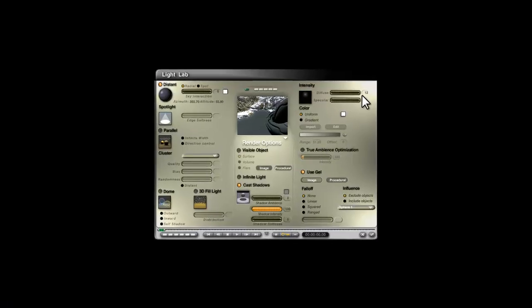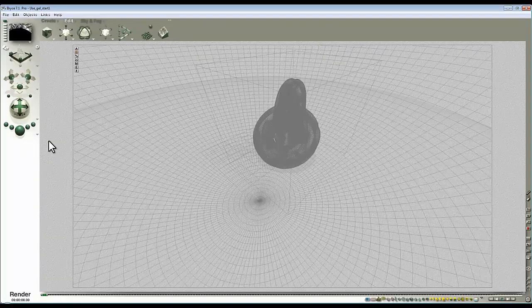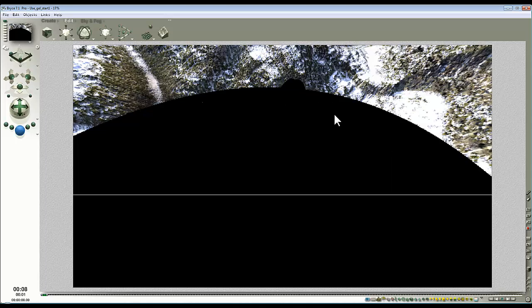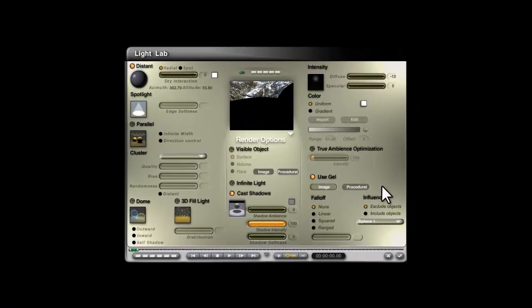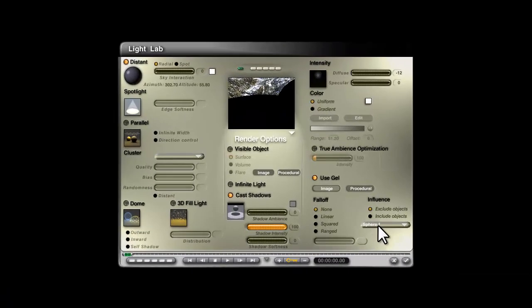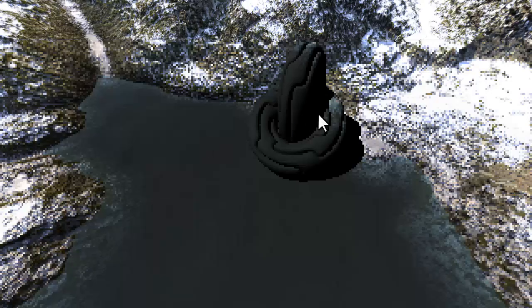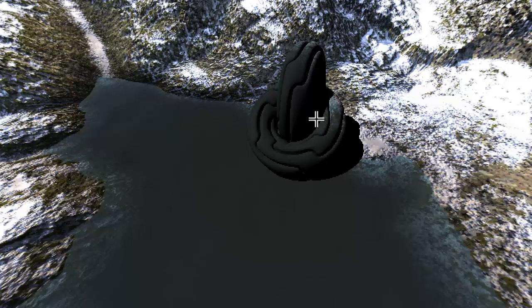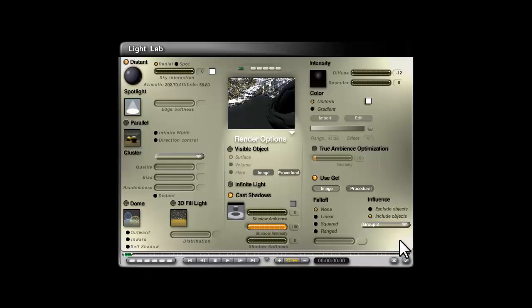If I go to this light source and enter a negative value for the diffuse, I can pull all the light away from that I projected from my object and from the ground. Maybe that doesn't seem very useful at this point, but if I now edit this so that that subtracted light is only on, say, my group, then because of the problem with the selection process, the include exclude won't work with groups. So you just have to bear that in mind when you're doing this, that you might have